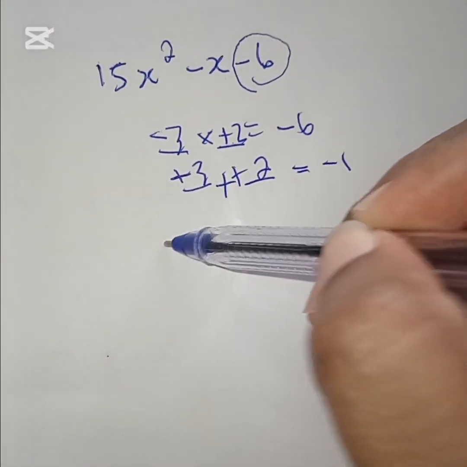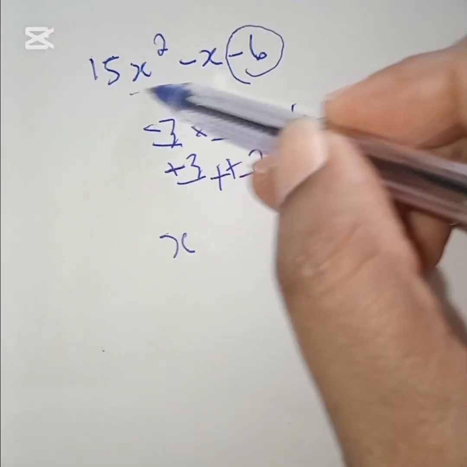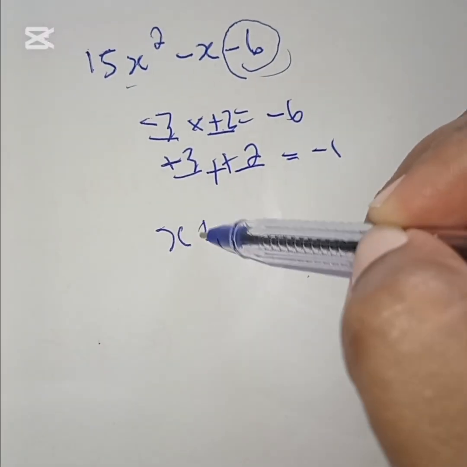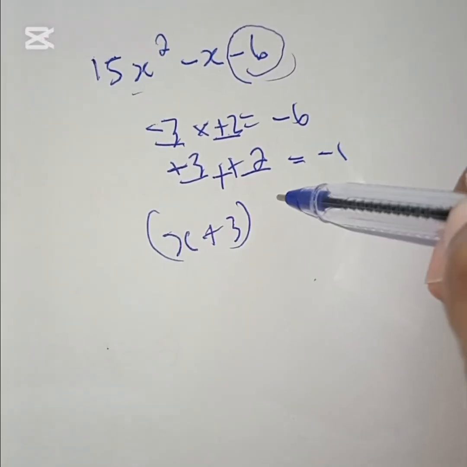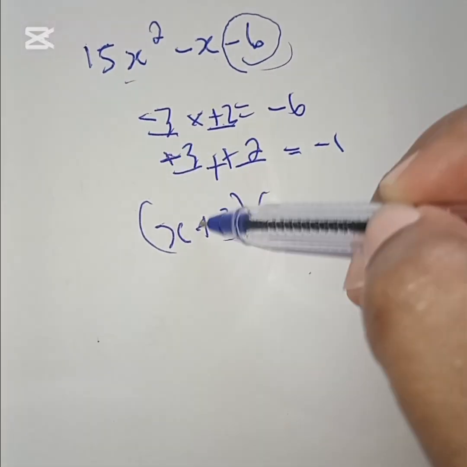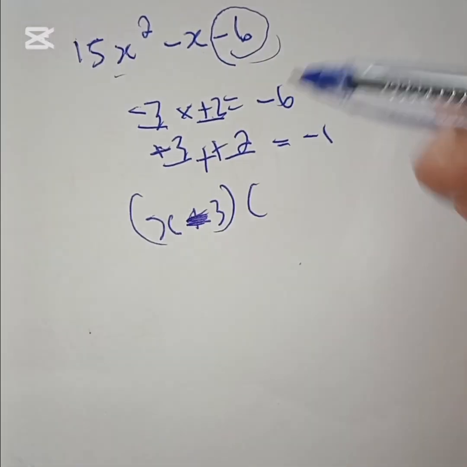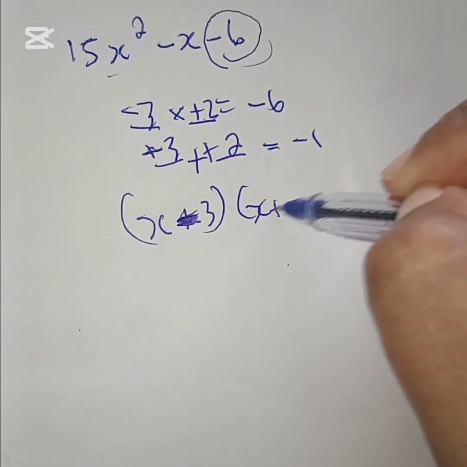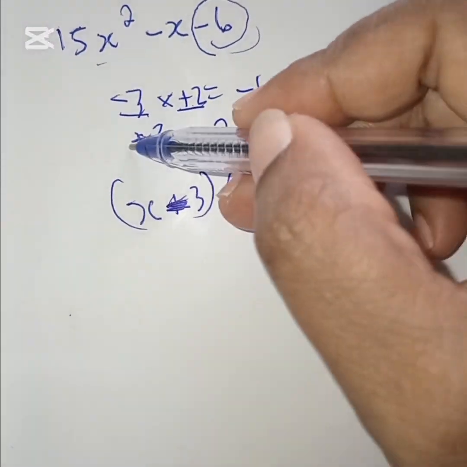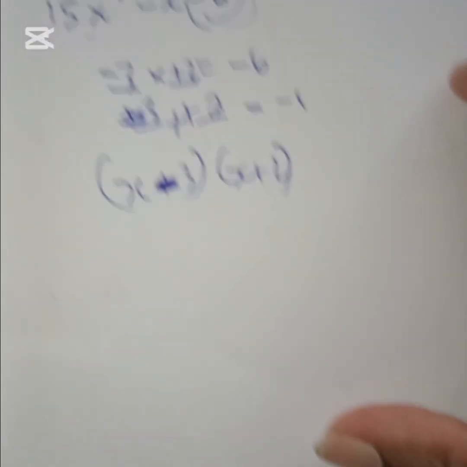So if we just say the factors of our expression are x minus 3 and x plus 2, when we expand again,